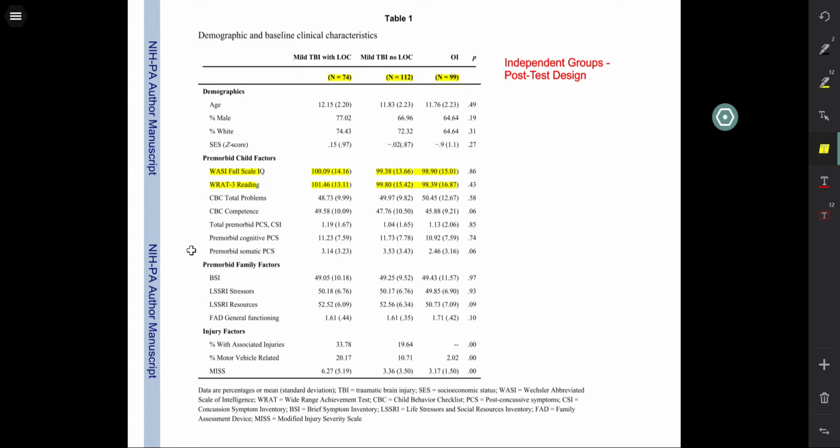Now you're going to do the same thing for the no loss of consciousness. You're going to come through, no loss of consciousness. MTBI FSIQ is 99.38. Standard deviation is 13.66. The difference between this type of study, where there's one control group with multiple subgroups, versus the